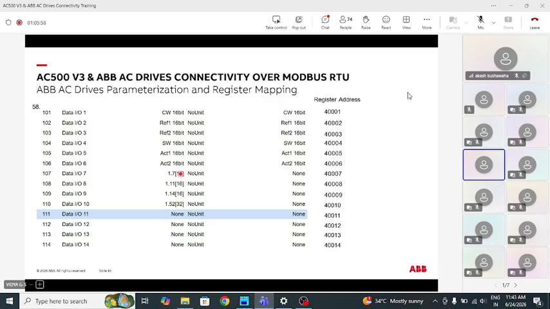Please remember this bracket 16 and 32 indicate 16-bit and 32-bit. If it's 16-bit, you can parameterize consecutive parameters. If you're using 32-bit, you need to skip the next one and use the third one, because 32-bit occupies two 16-bit registers. And another hint,